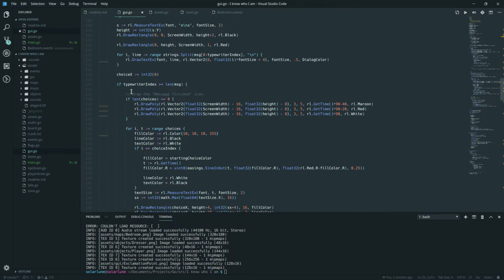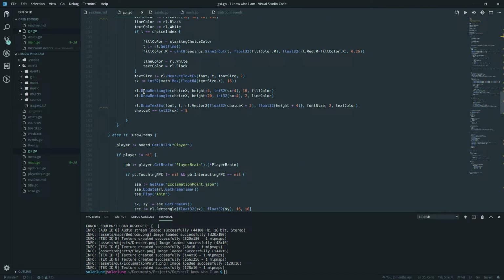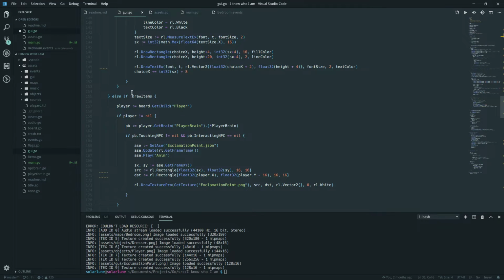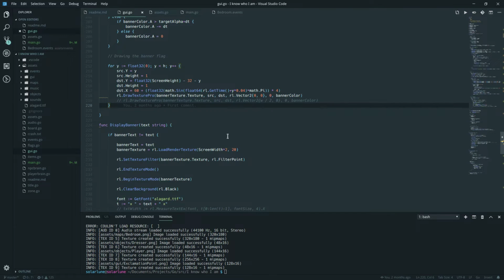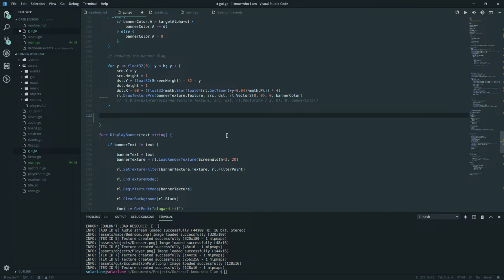This is a function I made that draws the item dial window. It draws the choices. It draws the messages. All the stuff that gets drawn during normal gameplay. So I'll add this function here that will loop through the flags and draw them on the right-hand side. So we'll say for